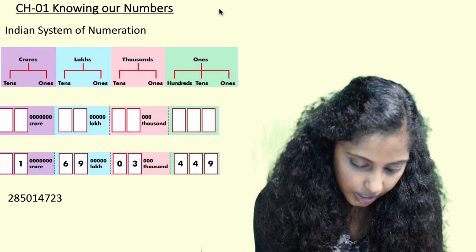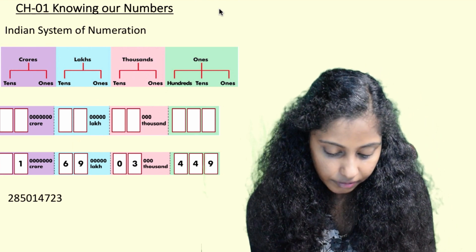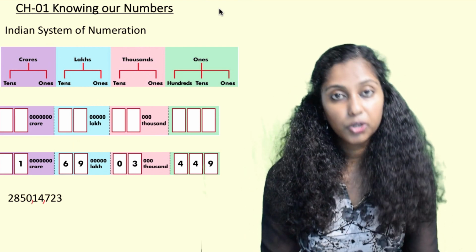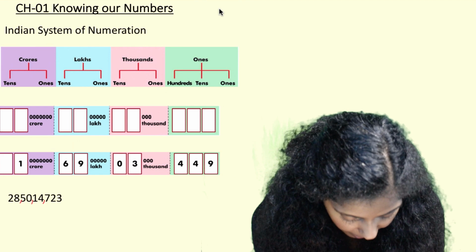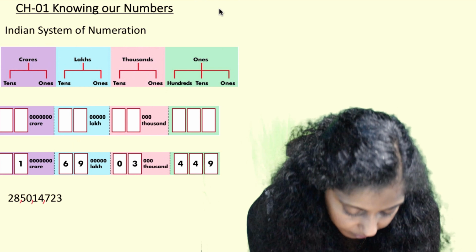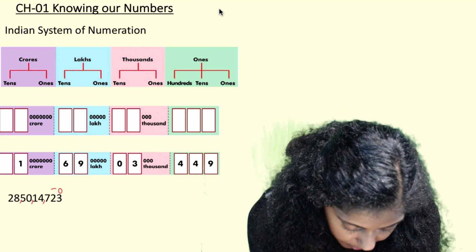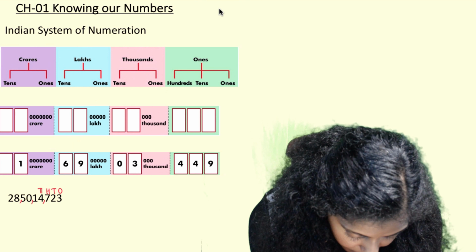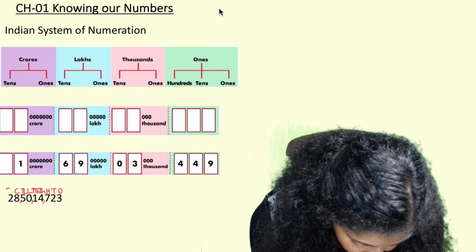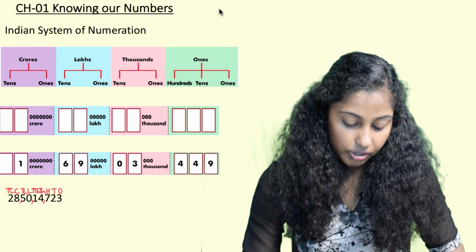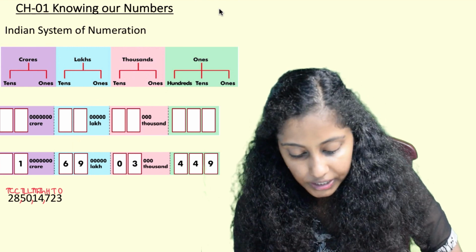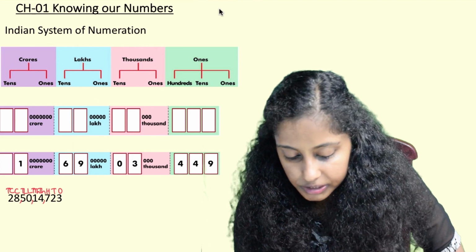Now how do we write this? Let's have a look at that, which is as simple as a game. Here we have the last 3 digits, hundreds, tens, ones. Then we have 2 digits, that is a group of thousands, tens and ones. Then we have the group of lakhs, tens and ones, and ultimately we have the group of crores. We understand it better when we write ones, tens, hundreds, thousands, 10,000, lakh, 10 lakh, crore and 10 crore. So here also they have given us one example where we have 449 in the ones group. In thousands group we have 03, means it is 3000.